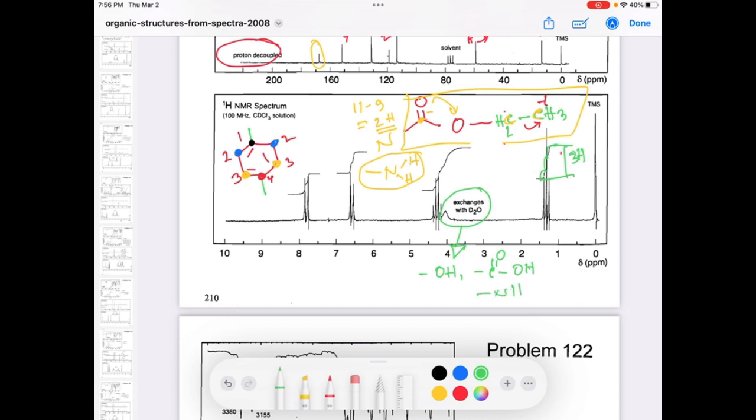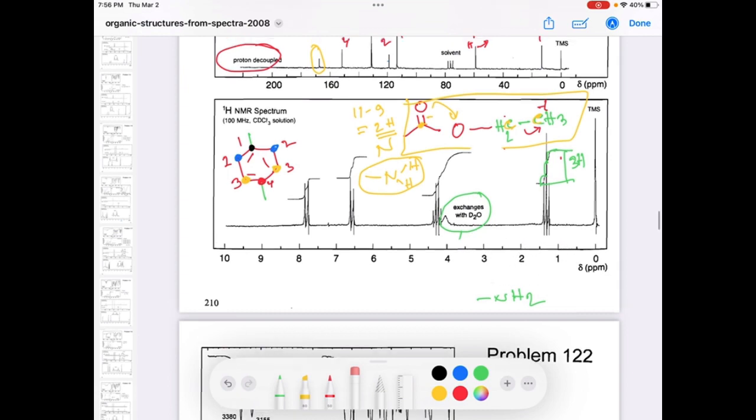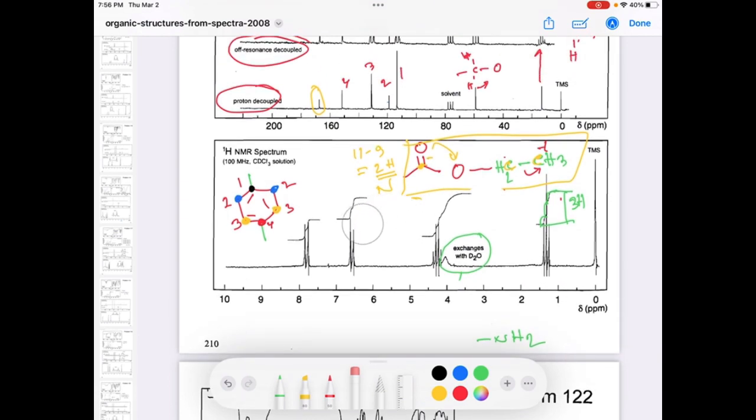So if you have NH2, then those peaks normally exchange with the deuterium oxide. But since we already got all the other correct information from the proton NMR and carbon NMR, like this chain CH3, CH2O and the ester group here,